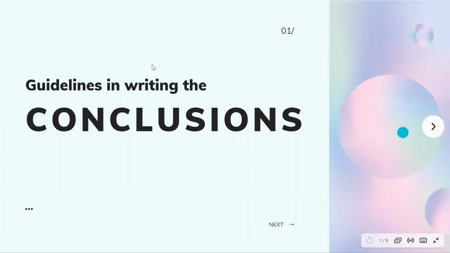So today's discussion is about conclusions. What are the guidelines in writing the conclusions? So the following should be the characteristics of a conclusion. First, conclusions are inferences, deductions, abstractions, implications, interpretations, general statements, and/or generalizations